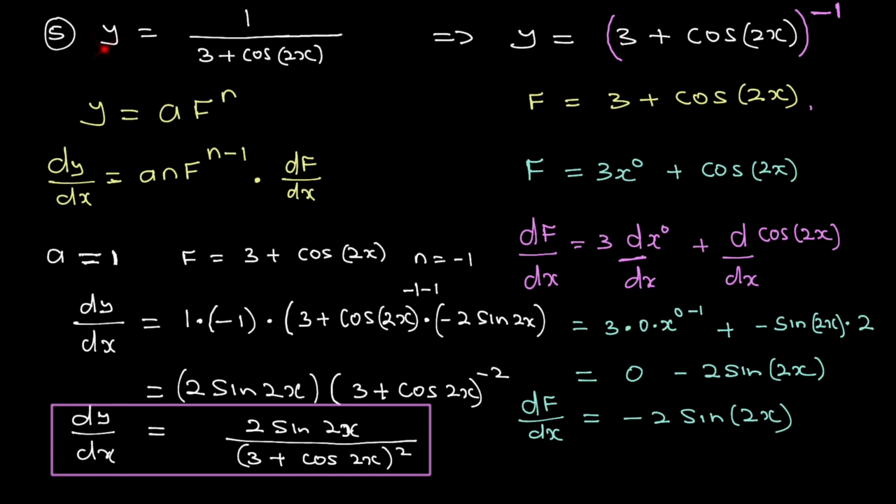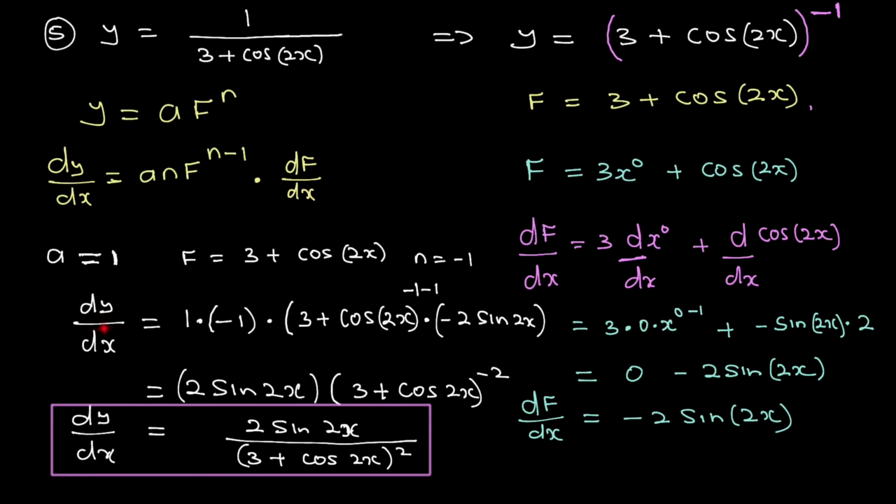Question 5. y equals 1 over 3 plus cos 2x. So in this case, I have to change that into that. So now I've got my n. So this is n, and that's a function to the power of n. I need something to the power of n to differentiate or integrate. So I've written it like that, where f is going to be 3 plus cos 2x, and the n is going to be minus 1. So n is minus 1, a is 1, because there's 1 here. And so now I can apply this